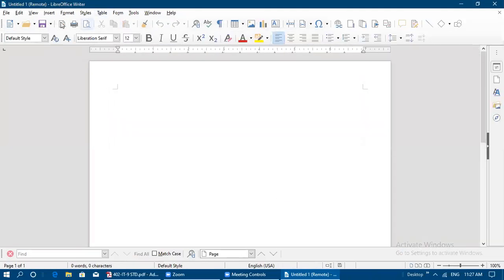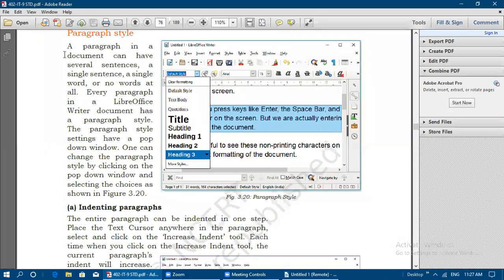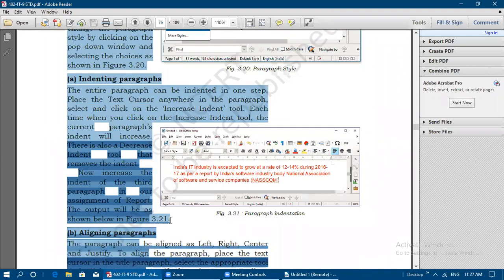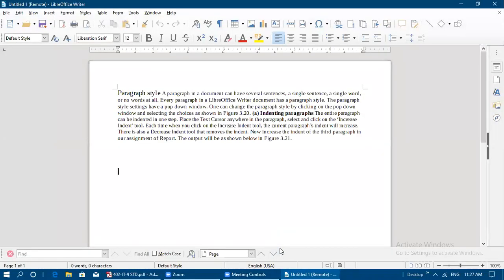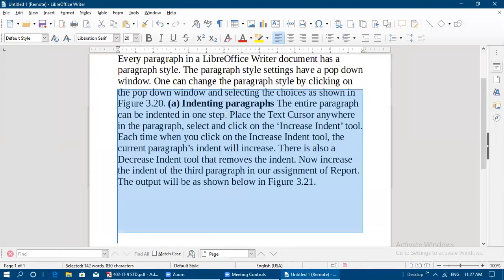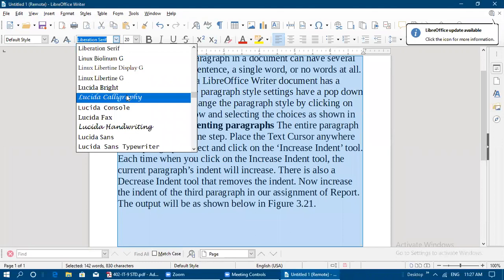So here LibreOffice Writer got opened. You can see any paragraph if you are typing. For example, let us copy the same paragraph itself, the paragraph style contents, and paste it here. Let us change the size of the paragraph, and we can change the font also.